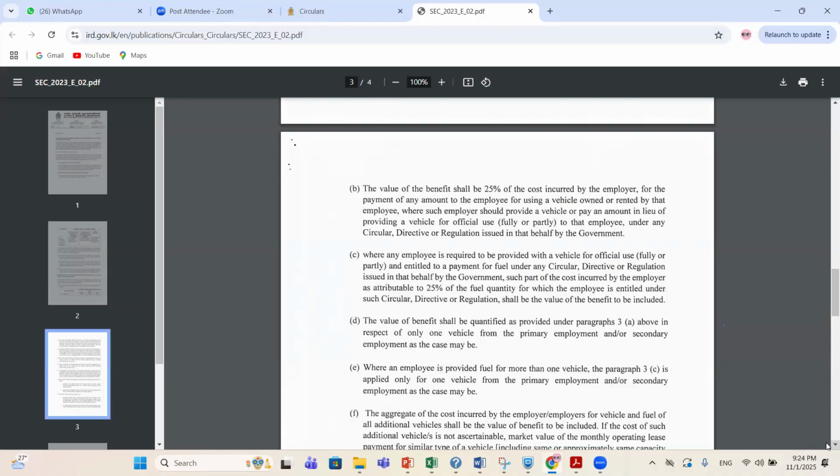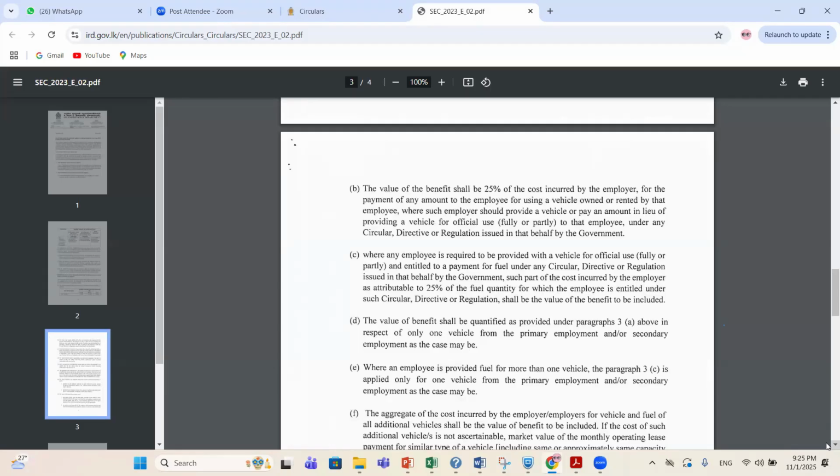Now the second one, C: where any employee is required to be provided with a vehicle for official use, fully or partly, and is entitled to a payment for fuel under any circular, directive, or regulation issued in that behalf by the government, such part of the cost incurred by the employer attributable to 25% of the fuel, which the employee is entitled to under such circular, will be valued as the benefit.